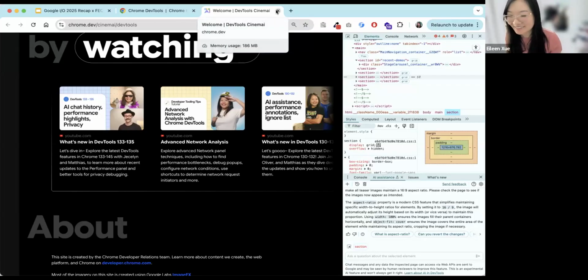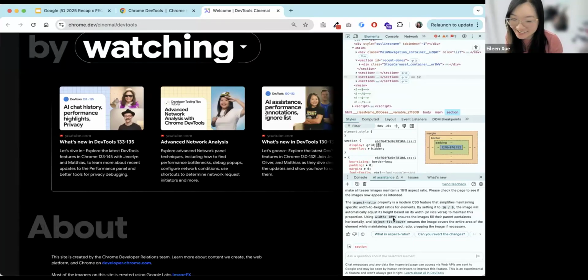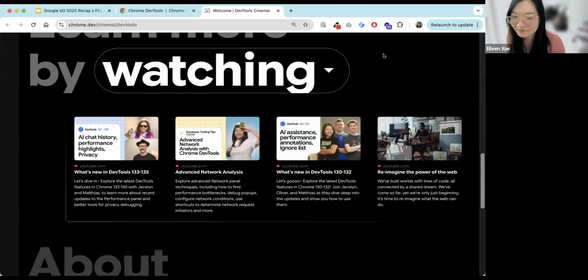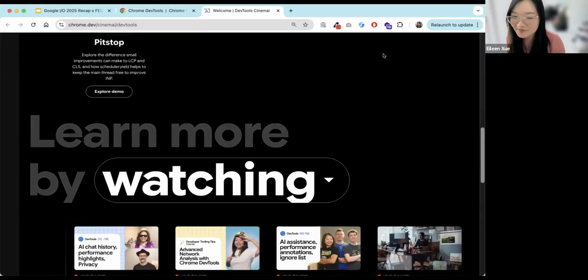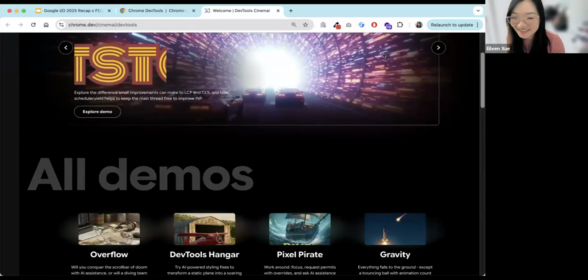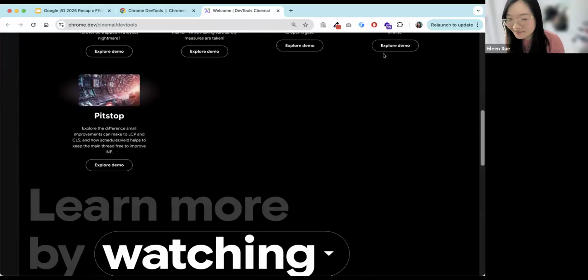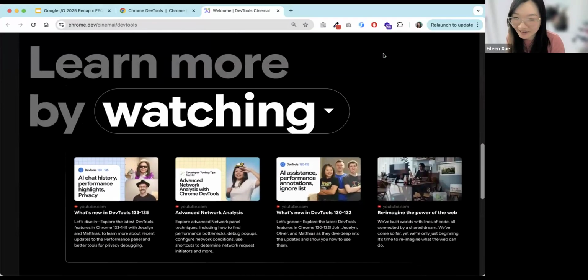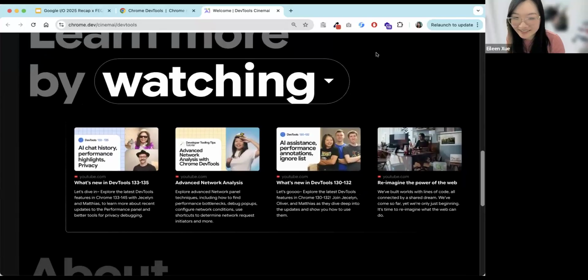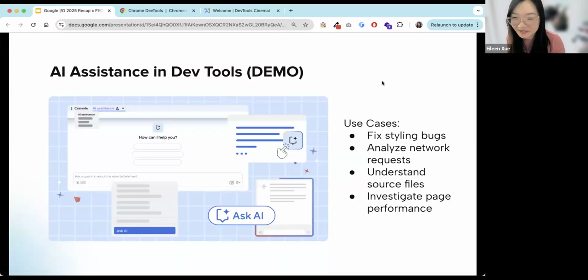I don't know, for me I feel like I'm nerding out because it's so exciting to see this here, to fix issues very quickly. Or at least it makes my job a little bit easier when trying to fix certain styling issues, because I know sometimes that can be a source of wasting time. Just fixing a small thing could take forever to figure out why things are not looking correct. Yeah, the time sink.